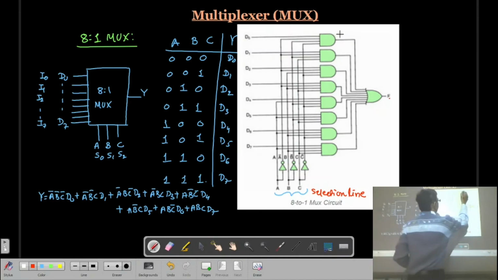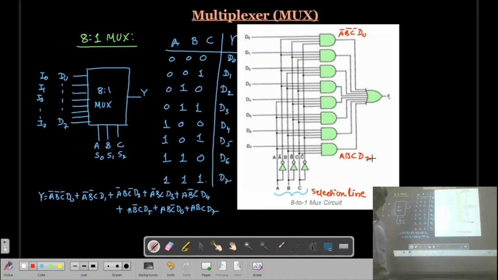Here the first one is generating A bar, B bar, C bar, D0, and this is generating A, B, C, D7. And here you can also have a facility called enable, which I already explained in a previous circuit. So there are 8 AND gates, and each generates a minterm.